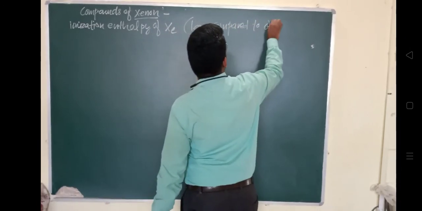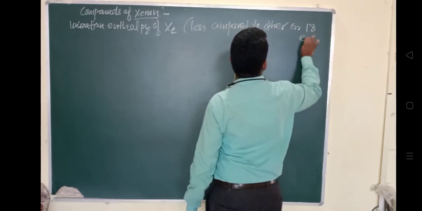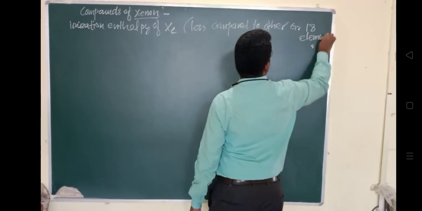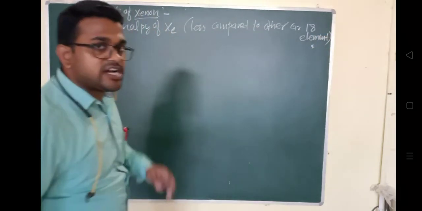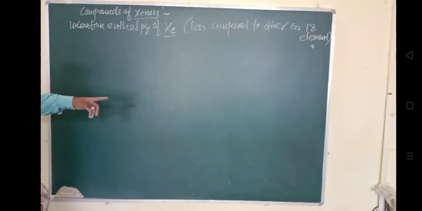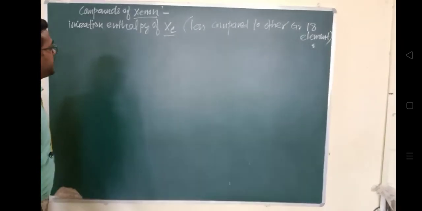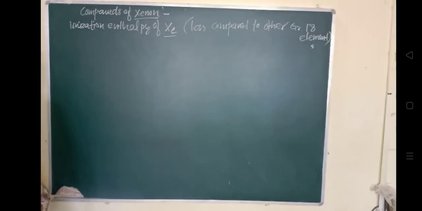Each noble gas atom has a completely filled valence electron shell, which makes it inert. और हमें पता है कि ग्रुप 18 में जो एलिमेंट्स हैं, they are noble gases, because उनका octet complete है. That's why we are calling it noble, that the reactivity is very less towards other elements. And apart from that, xenon, having the least value of ionization enthalpy, is more reactive as compared with the other group 18 elements. So now we'll discuss the compounds of xenon.